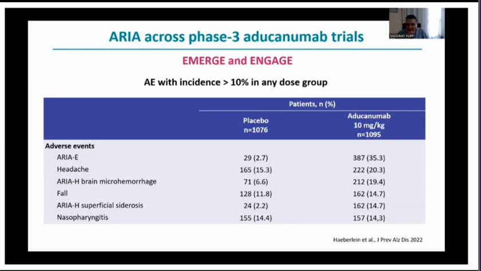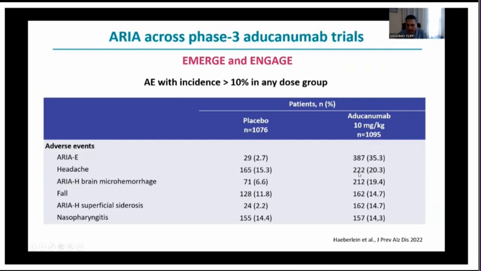So these are the data from the two phase 3 trials of aducanumab, Emerge and Engage, in which you have all the adverse events with an incidence greater than 10% in any dose group. And you can easily see that the major issues related to treatment are ARIA-E and the two forms of ARIA-H, with possible